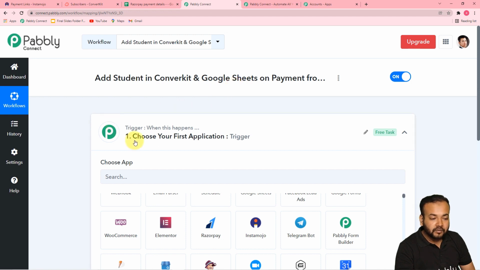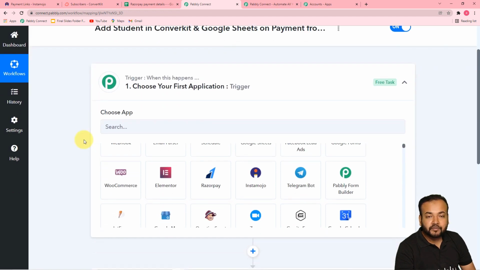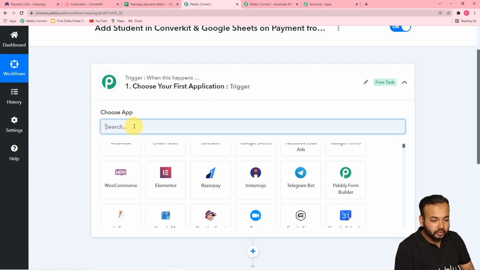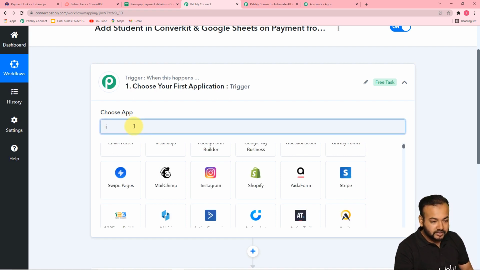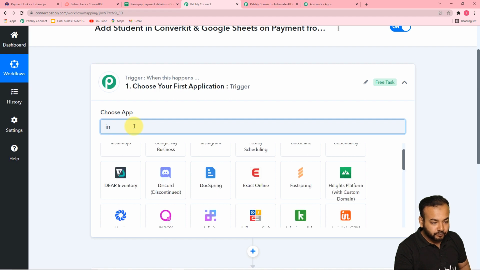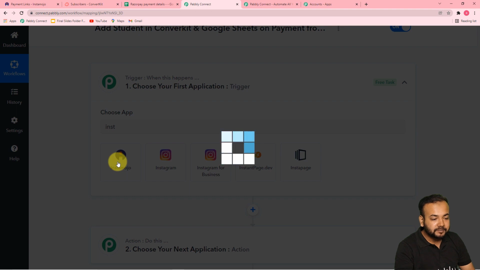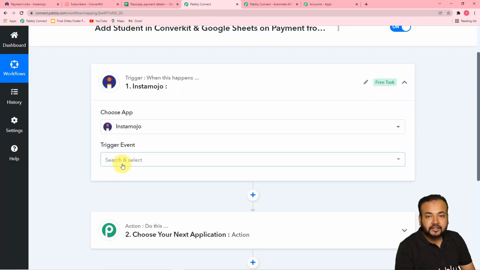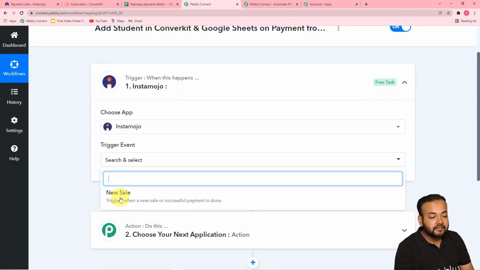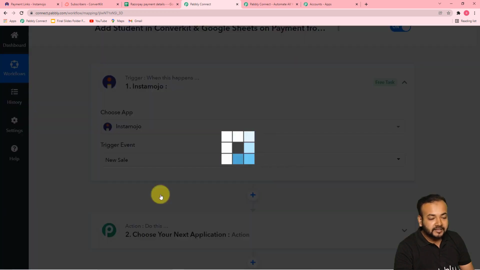First of all, from this trigger window we are going to choose our trigger application from this choose app field, which is Instamojo. Okay, so this is Instamojo. Here it is. Select the application, and then you have to select the trigger event as well, and the trigger event would be a new sale, or you can read here, it triggers when a new sale or successful payment is done. So select this option here,